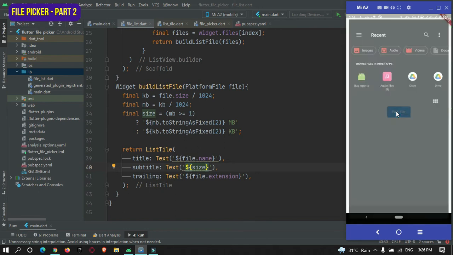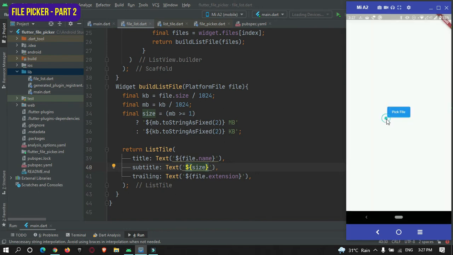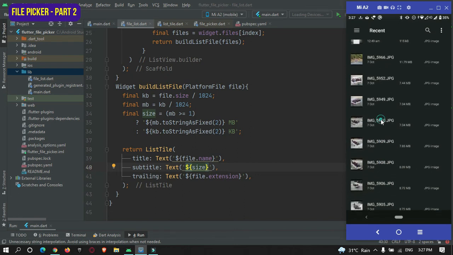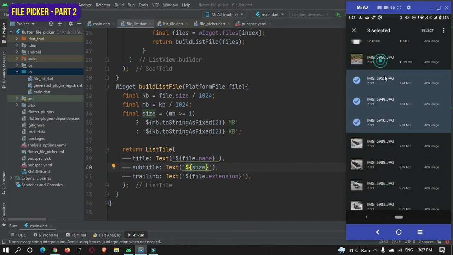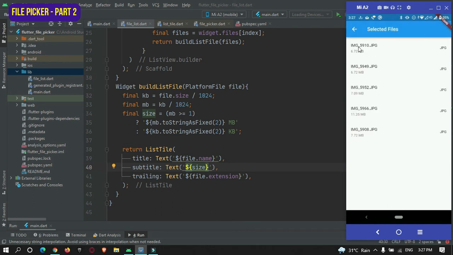Now let's select more than one file. Okay, you can see this is the file, this is the size, and this is the extension.